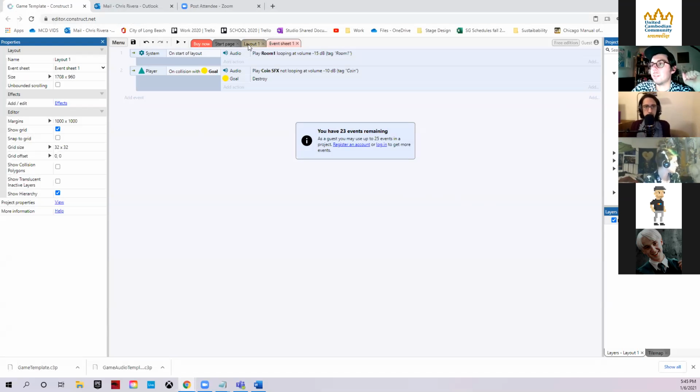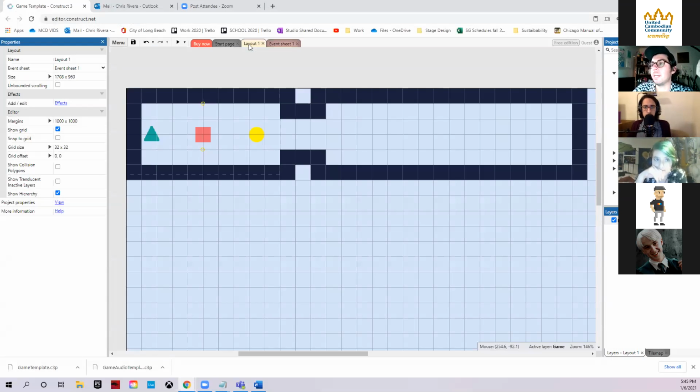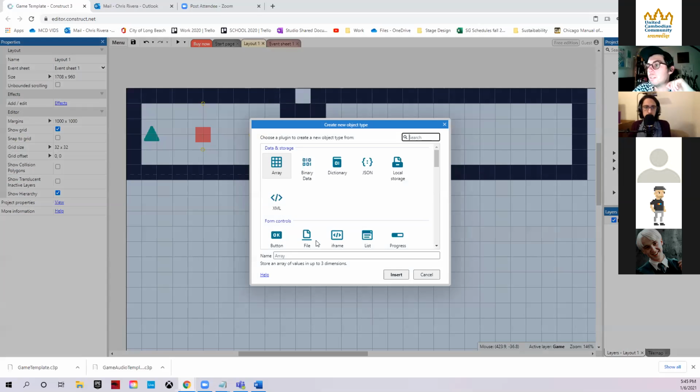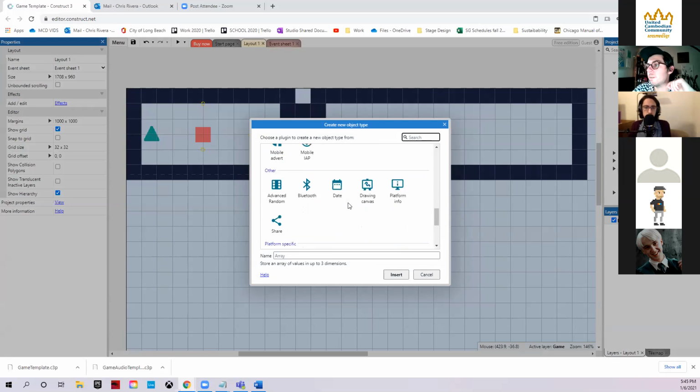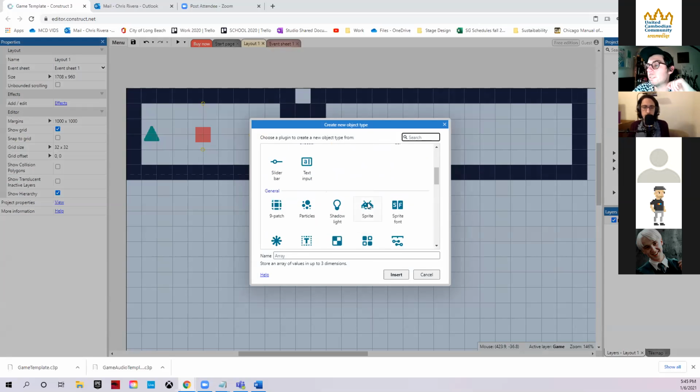Okay. So now I have both my audio tracks in, but I have to do one more thing on my layout before I could do this. I have to make an invisible area or a wall. Just like how the circle triggered that sound, we're gonna make an invisible one. So I'm just gonna double click on my layout and I'm gonna go to sprite. Where is it at? There it is. And I'm gonna call this room 2.